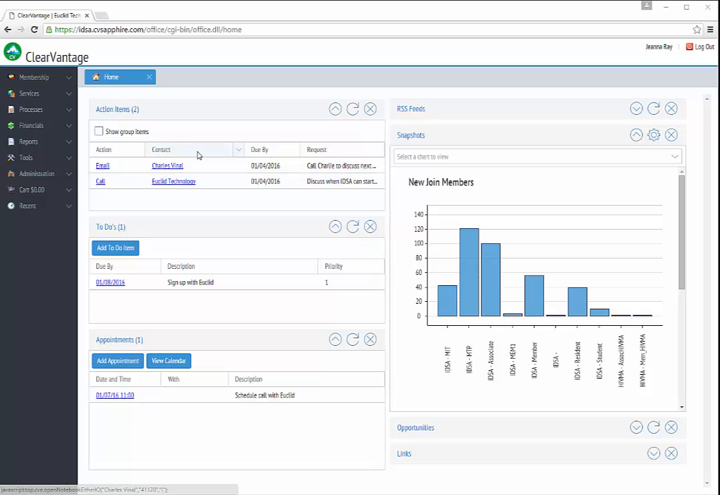You'll see here, just like in ClearVantage, I have a user configurable homepage. I've laid out my action items, my to-do items, my appointments. I've set up snapshots, just like in ClearVantage, and so I have basically a breakdown of new member joins. But any of the snapshots that you currently have in ClearVantage, including all of your reports, are all available